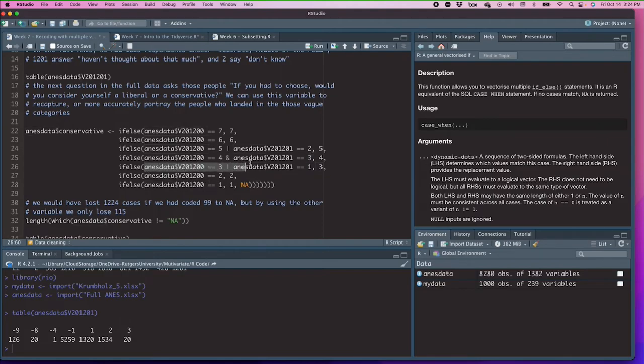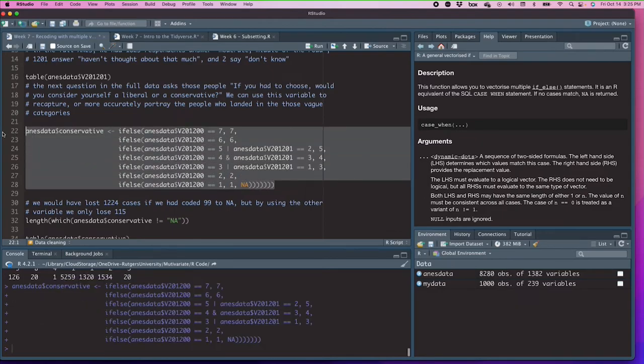And then down here, this is the same as the slightly conservative line, these are slightly liberals. If they were slightly liberal, or when asked to choose one, if forced to choose one, they said they were liberal, then we're going to say they're slightly liberal. And then the rest of it is just, 2 is 2, 1 is 1, and anything left over then is NA. So if we run this